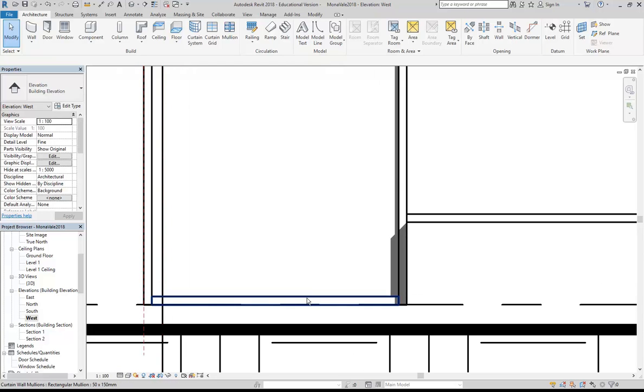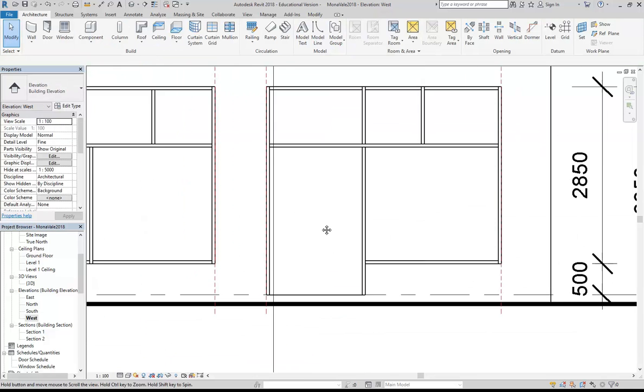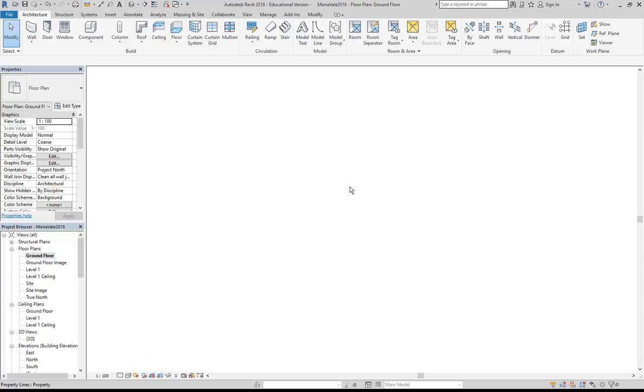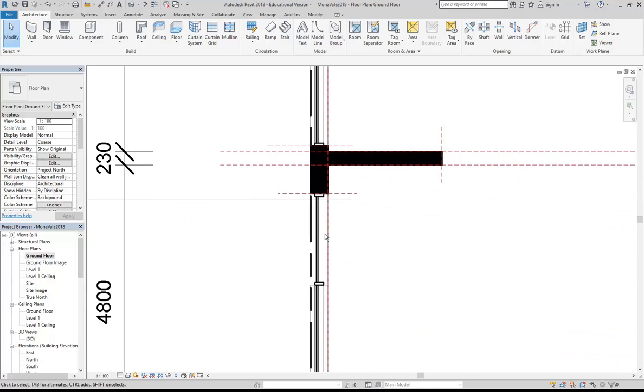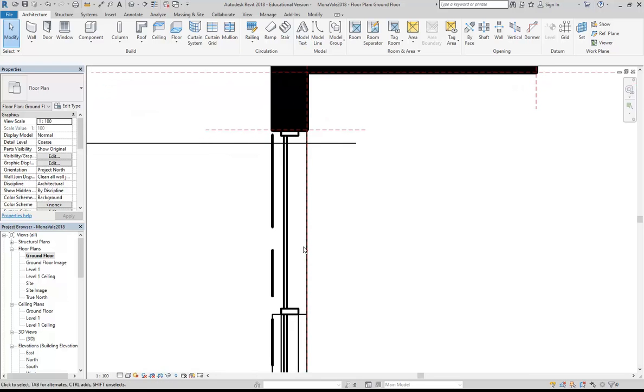And then finally, we've got the mullion there sitting on the threshold where our door's going to go, so we don't want that mullion at all. So I'm going to select it, turn off the pin, and just again delete that one. So I've got an opening ready for the door, and now if I go back to the plan and find that glass panel, now I'm going to use tab to highlight the glass,